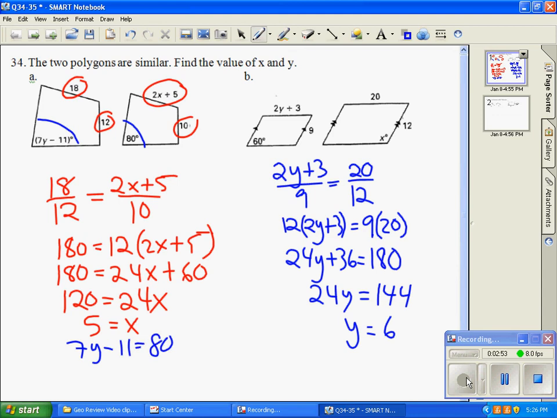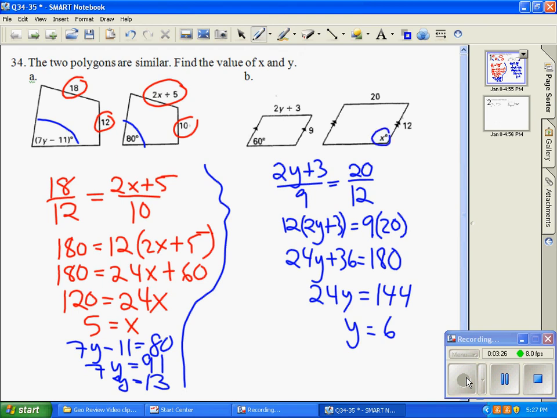So let's add 11 to both sides. Okay, and so now the last thing is to divide both sides by 7. So we're going to get y equals 13. Okay, so we're done with part A. We still have to do the angle in part B for